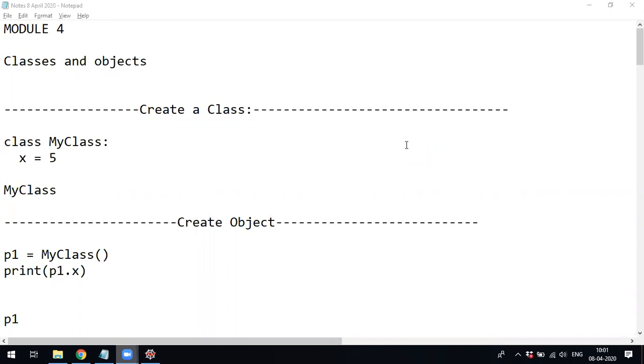First of all, the question is why we need this type called class. Everything we can store in variables. So many variables you can create and you can store all the information. Why we want this class is in the real world.